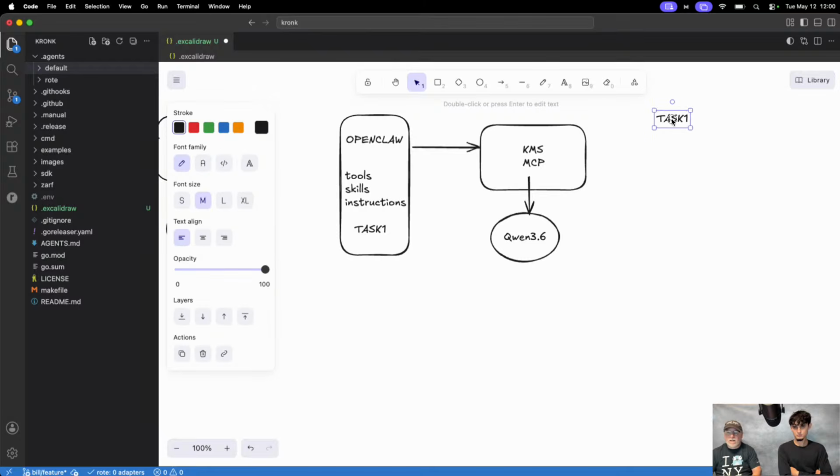Let's say task 1 was something like: look in the email box for a file.